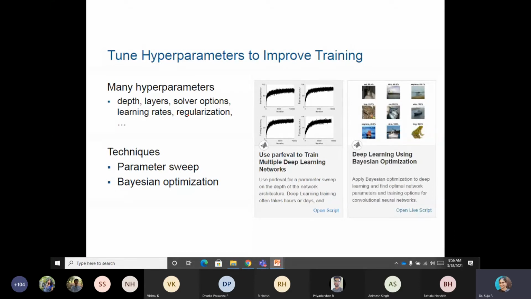Root mean square, and cross entropy, whatever you are using for reducing the error, and then learning rate, alpha, regularization, L1 loss, L2 loss. All these parameters are called hyperparameters, and all these hyperparameters can be tuned.